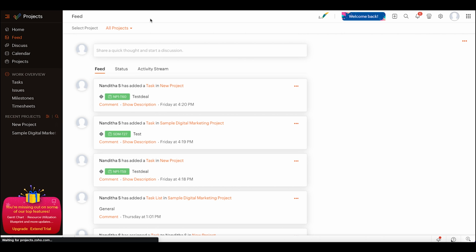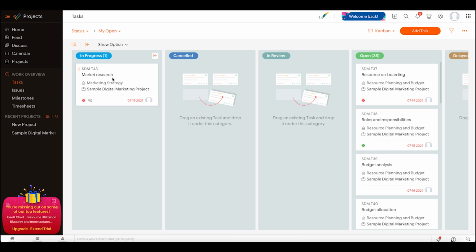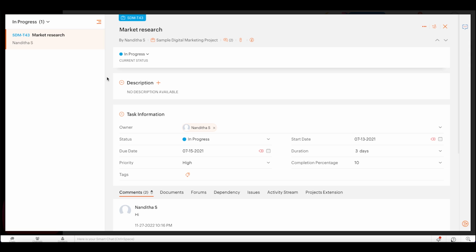When we created the extension through Sigma Cloud Editor, by default there was a widget called projects extension in the task details tab. Now we've come to a testing environment, that is a Zoho Projects portal. Let's click on a task and enter into it.